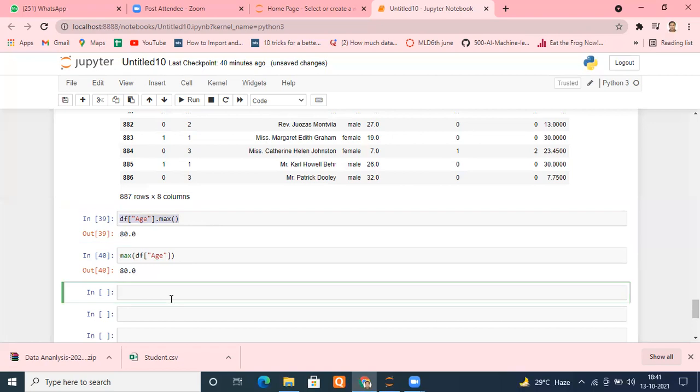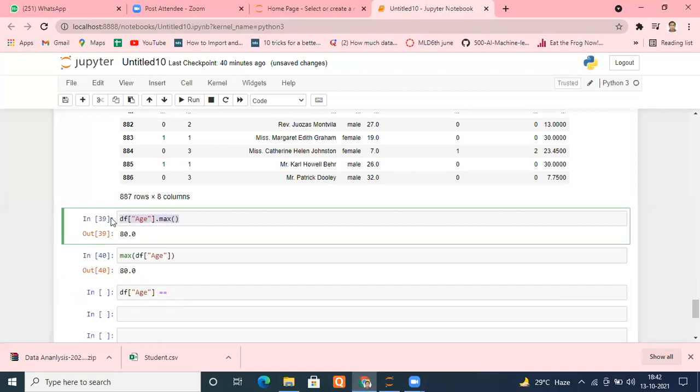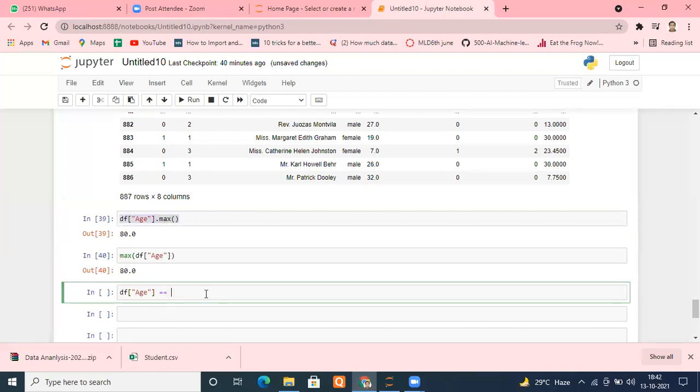So what I am typing now: df, again the same age column, age equals, see properly please, df age equals this parameter. So what this statement is saying: this equals means comparison operator, which will return true or false.